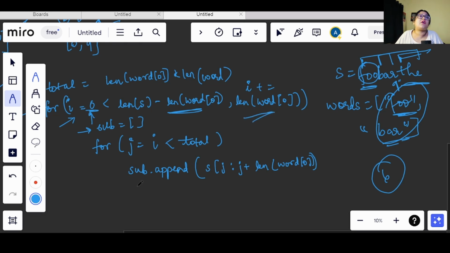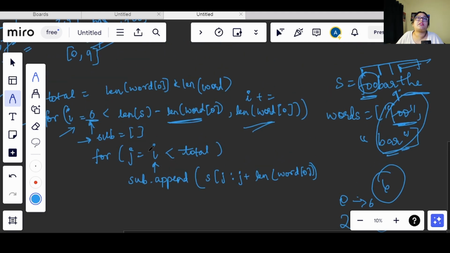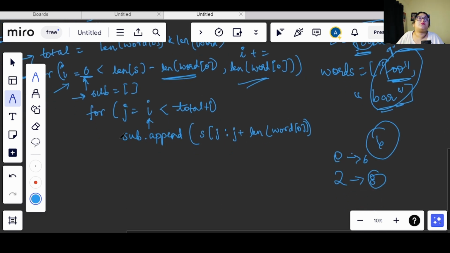Now after that I am trying to get each and every substring that is possible. For that I am starting from i and going till total. Now this total, let's say I am starting from the 0th index, then this will go till 6, right? After that I will start from 2, then it should go till 8, right? Now the problem that I am facing here is I am going till less than total only. For that I will give here plus i. Okay, so now this is,